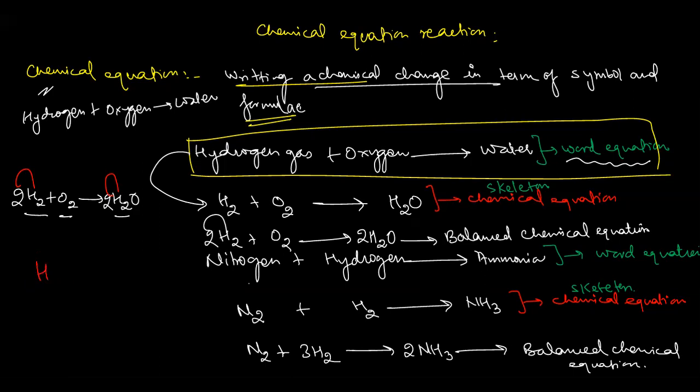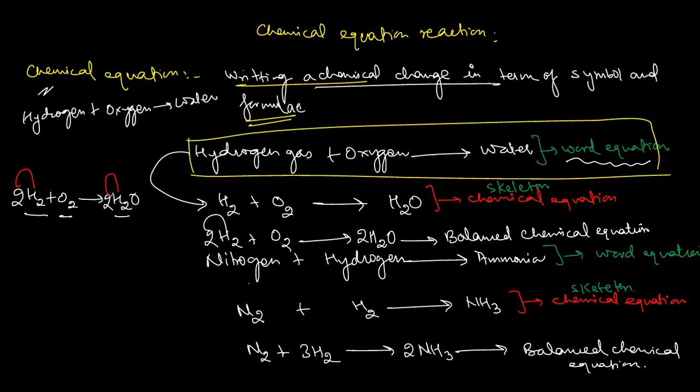In the similar way, individual hydrogen atom existence is not there. We get hydrogen in terms of H2. In the similar way, chlorine gas Cl2, bromine gas Br2. So we cannot write it like this way: N plus H3 will give you NH3. You cannot write it like this because an H3 atom does not exist. Moreover, a single atom of nitrogen does not exist. So we have to write it in their actual form in which they exist in nature. Nitrogen exists in the form of N2 and hydrogen exists in the form of H2. So we have to write it like this way.